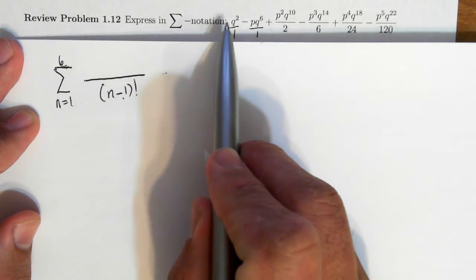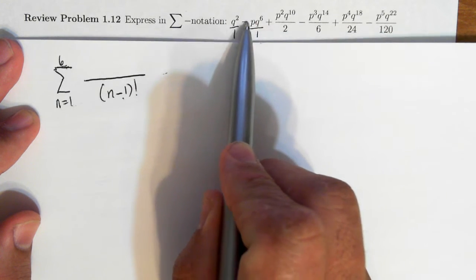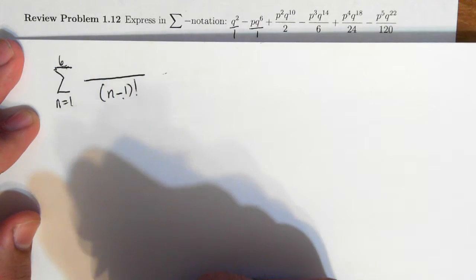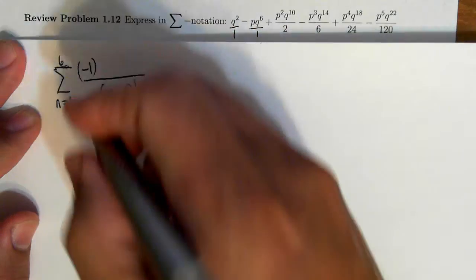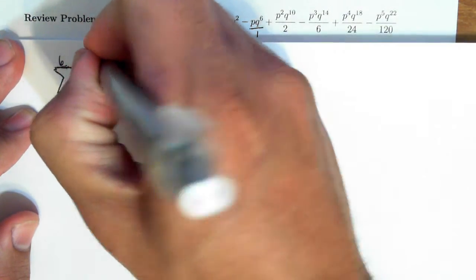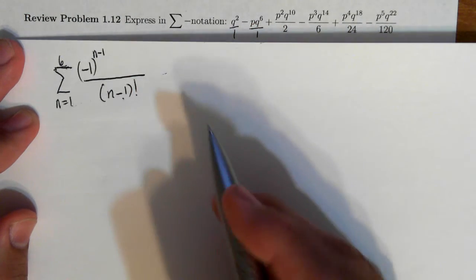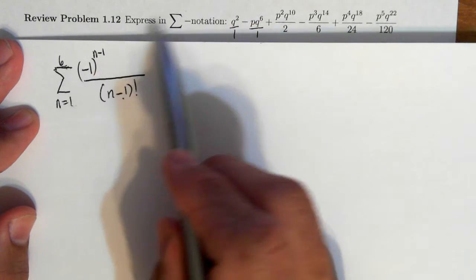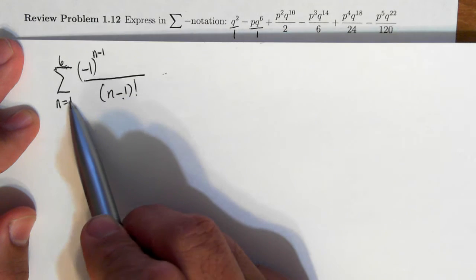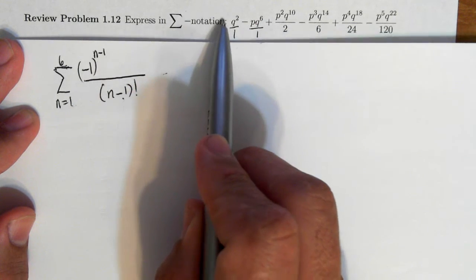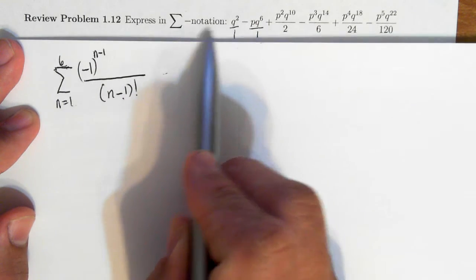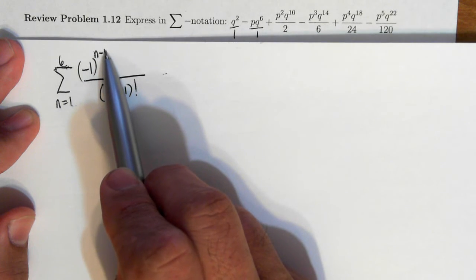Next, let's worry about the alternating signs. So I'm starting plus, then minus, then plus, then minus, and so on. And so there's going to be a negative 1 to a power here. And I will write this as negative 1 to the n minus 1. I need a minus 1 here because I want to start positive. So if n equals 1, then 1 minus 1 is 0, negative 1 to the 0 is plus 1, starts positive. On n equals 2, it'd be negative 1 to the 2 minus 1, which is negative 1 to the first,